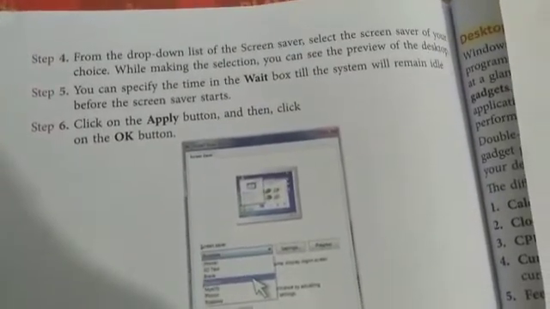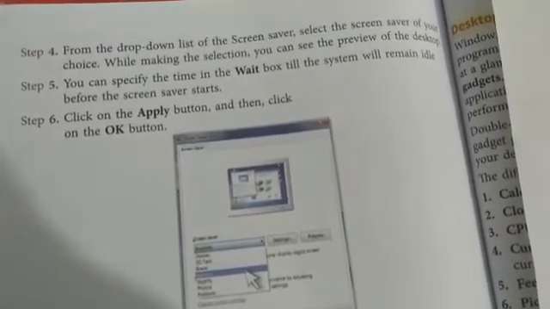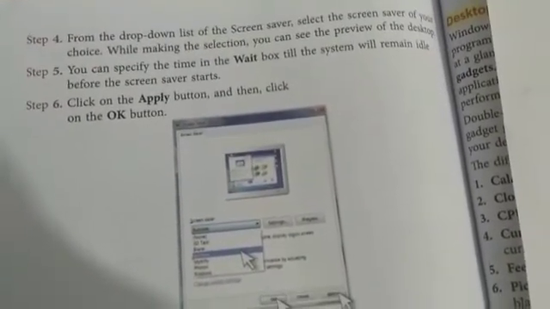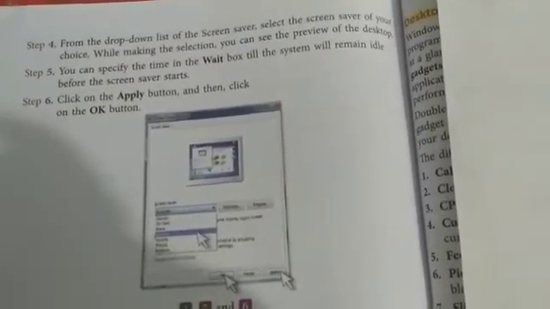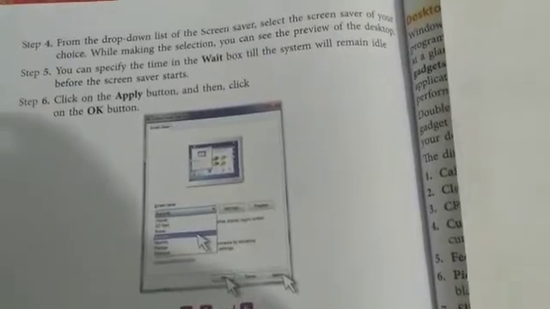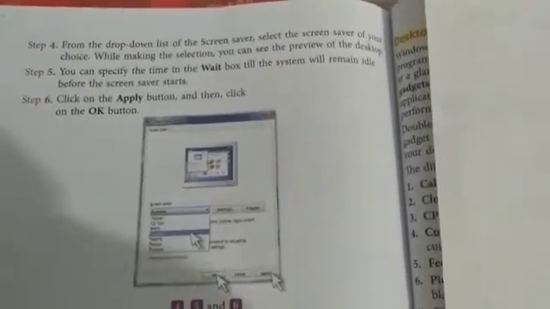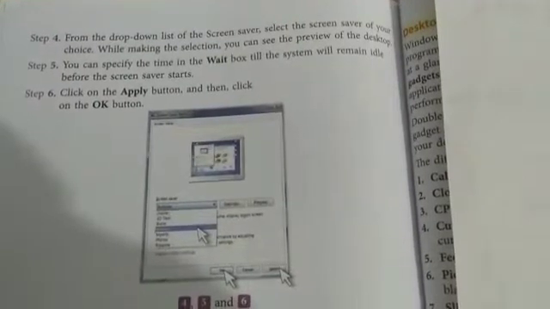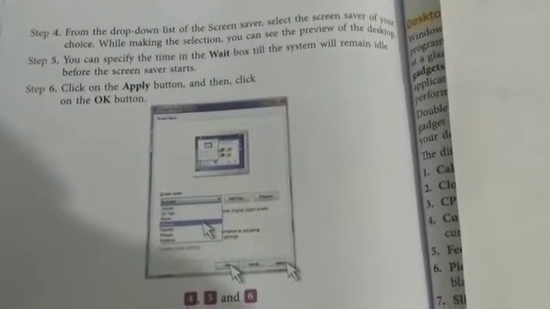Select the screensaver of your choice. While making the selection, you can see the preview of the desktop. Fifth step, you can specify the time in the wait box till the system will remain idle before the screensaver starts.